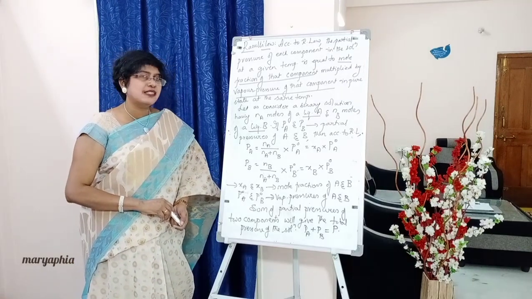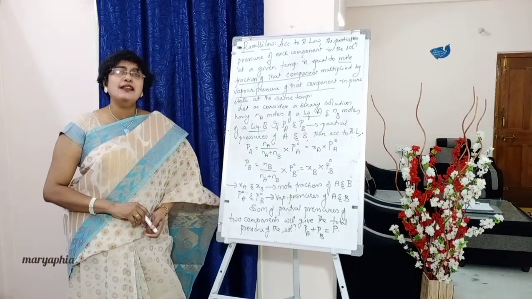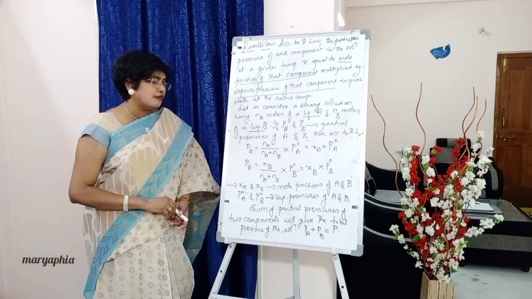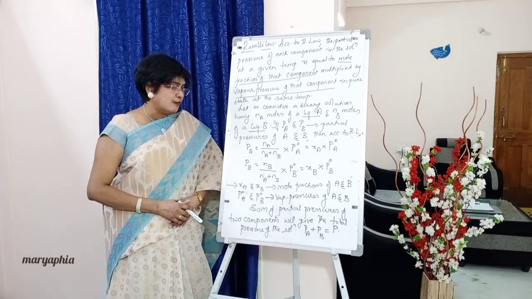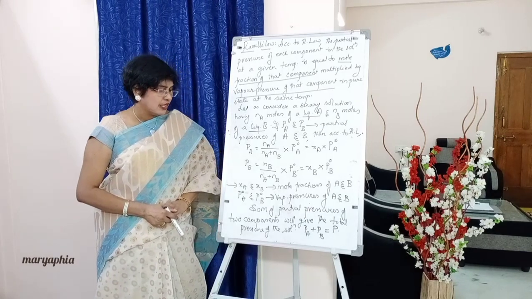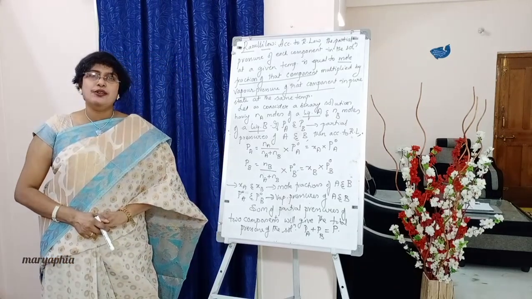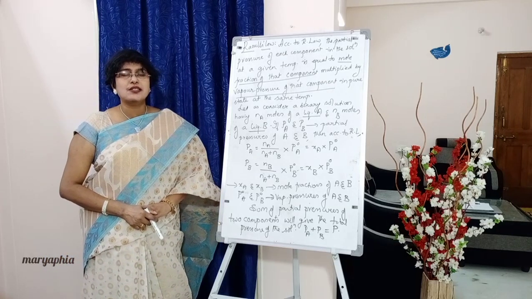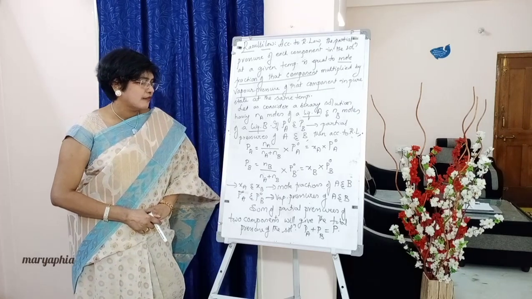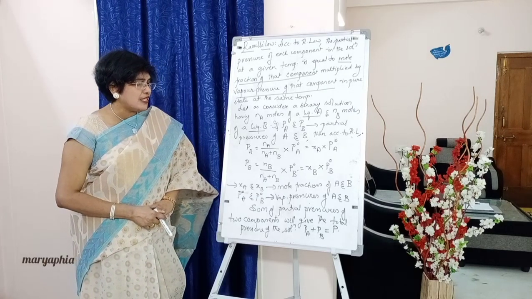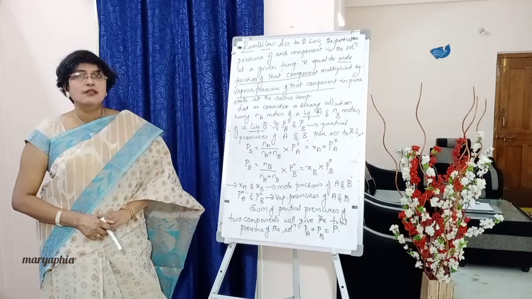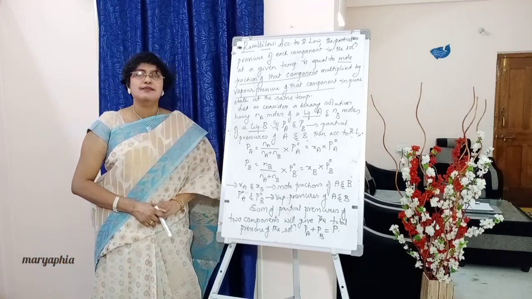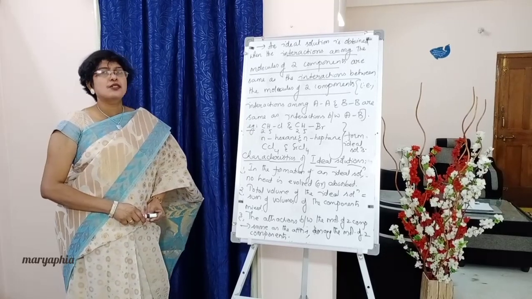Below write down: the sum of partial pressures of the two components A and B will give the total pressure of the solution. The total pressure of the solution. Below write down students. So what are the partial pressures? Pa plus Pb is equal to P. Pa plus Pb is equal to P.